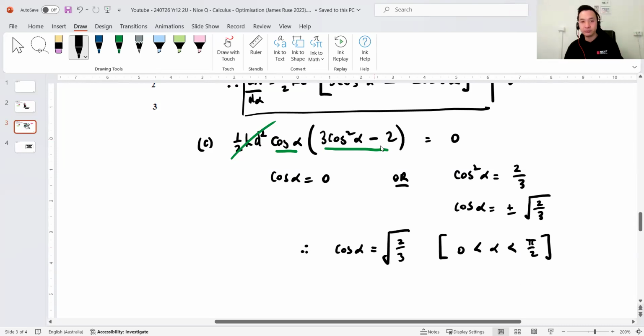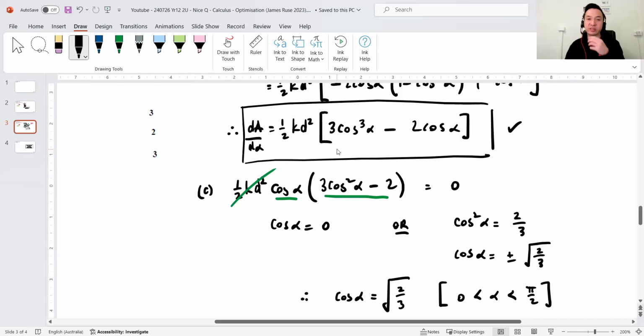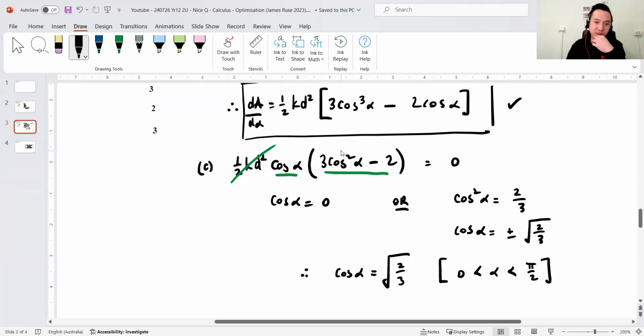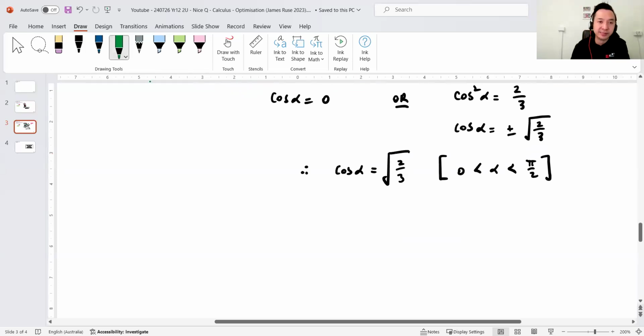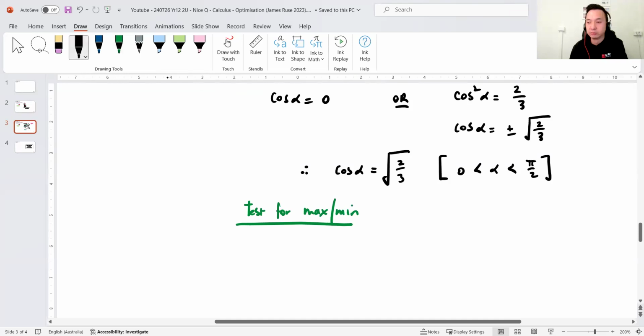So let's see. If that's my first derivative, do I want to be heroic? No, I'm just going to use a table method. So test for max/min. Now, what is that on your calculator? Remember, put everything in radians when you do this. Square root 2 over 3, so it's approximately